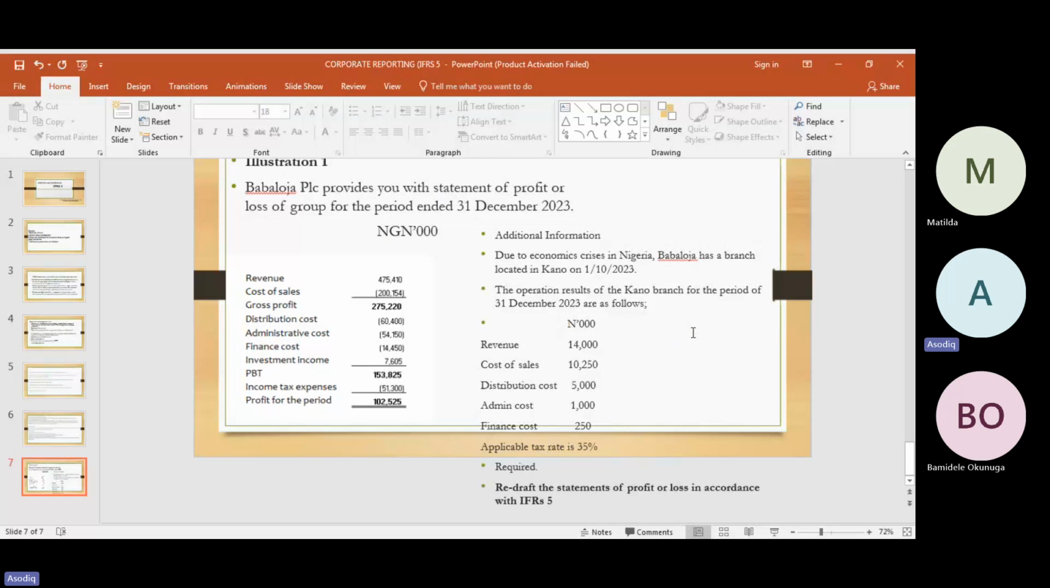So once they have the active buyer, that means it has met the criteria of IFRS 5. The other one says that the asset must be available for immediate sale. Don't forget, once you are selling that particular asset, it must be available. Is Kano branch available? I think we have a particular constitution that says that, but Kano branch will not be available until